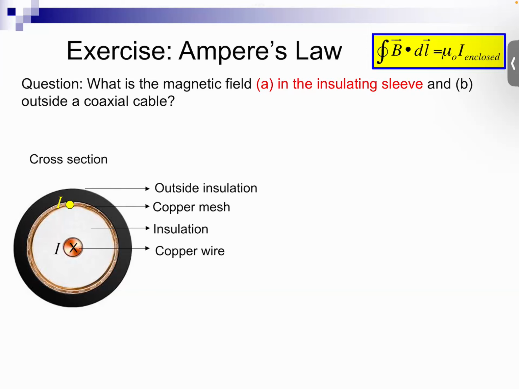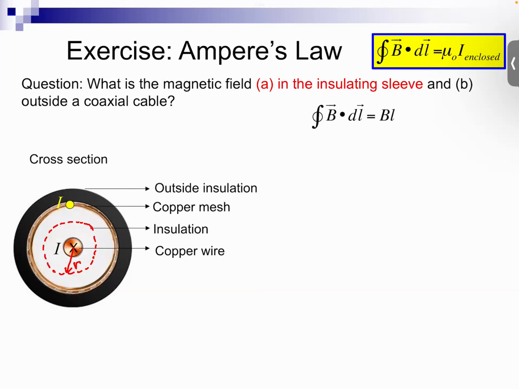Right, as we saw earlier, the first step is to evaluate the left-hand side of Ampere's law. You want to find the magnetic field in the insulation here. So that means that you draw your closed loop, right, at any point within the insulation, right? It can be any radius. So let's define that radius r. It can be any radius as long as it's inside this insulation region, because that's where you want to find